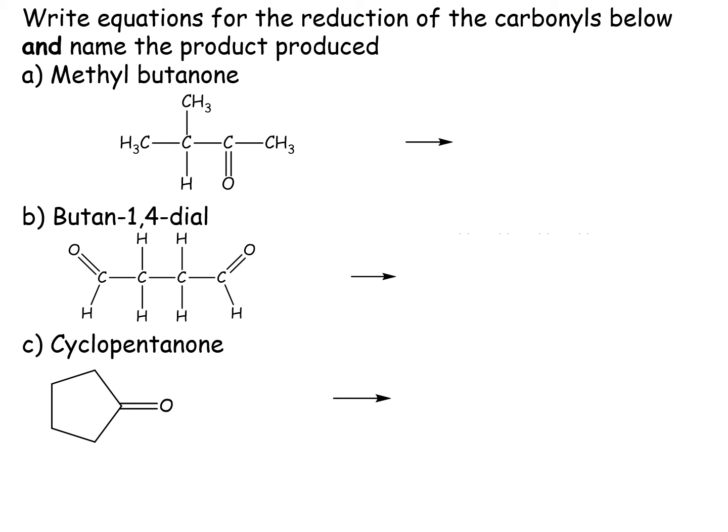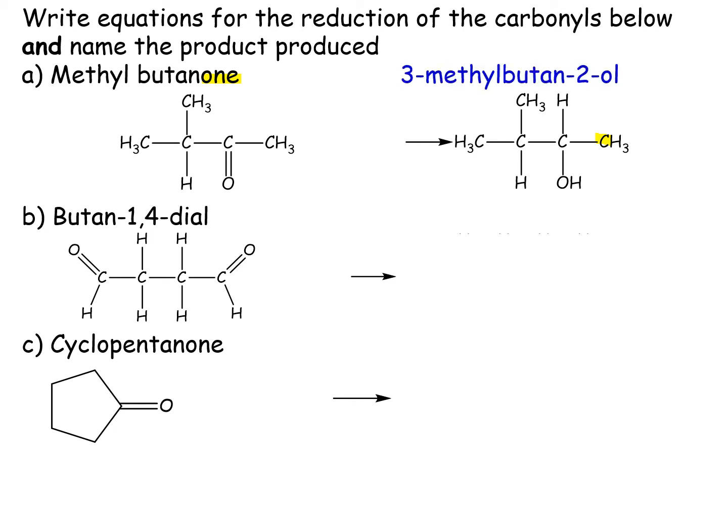Right then, let's see how you did. Let's work through them together. Methylbutanone. So it ends in -one, it's a ketone, and so we can see the C double bond O in the middle of the chain, and the methyl group couldn't have gone on any other carbon there. The alcohol then looks like this. So we've changed the C double bond O to an OH, and the name, well, we would start with carbon number 1 here, because that would give us our lowest number for the alcohol, which is the functional group. So it would be butan-2-ol, but don't forget we've got the methyl group, so that would be on carbon number 3, and there it is,